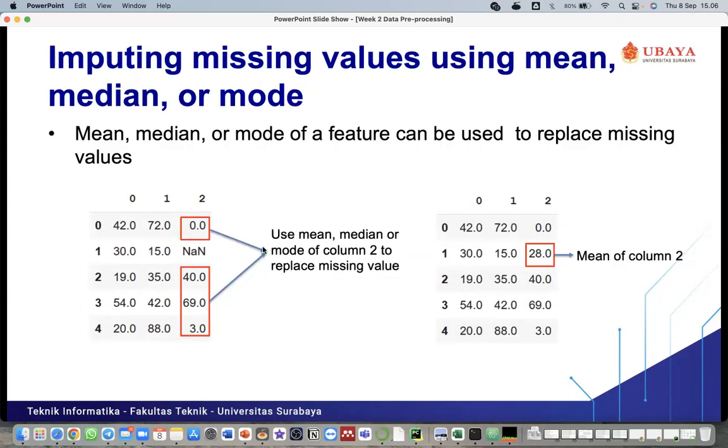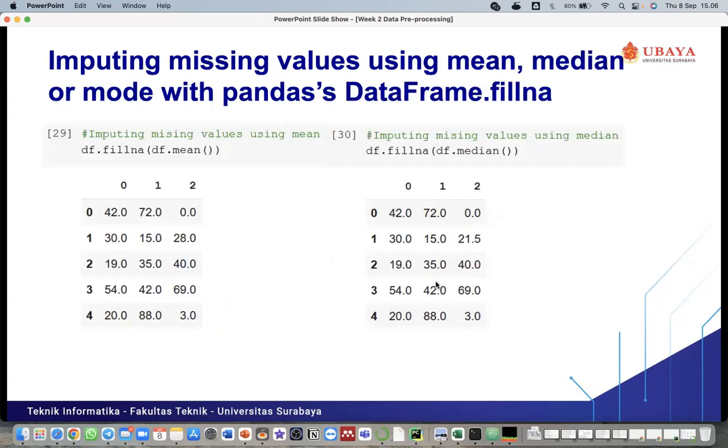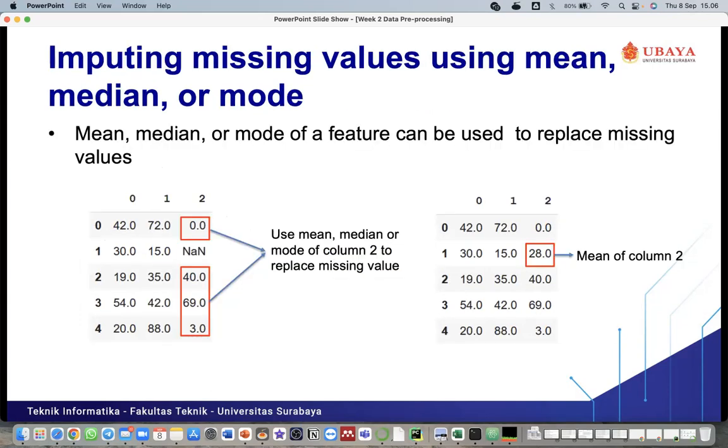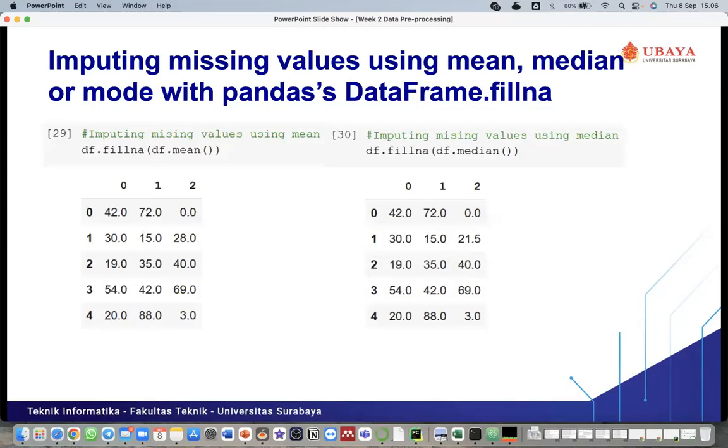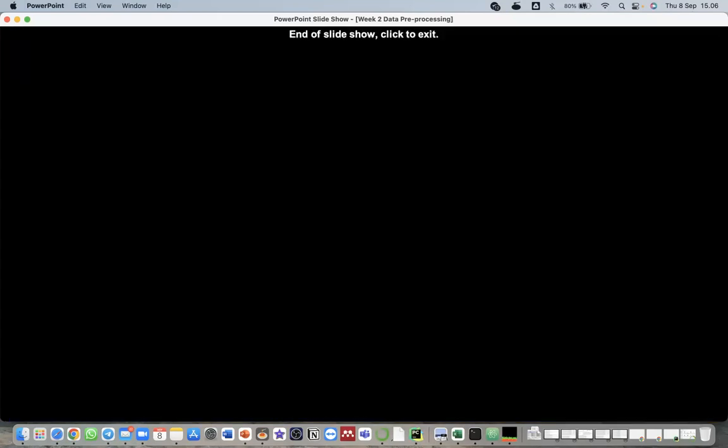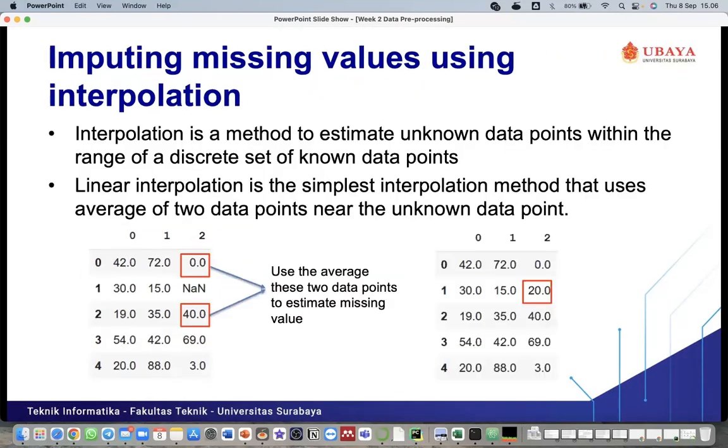So we sort the attribute 2 values first, then we get the median value and put it into our not a number values. I will not implement this in Python because it is very simple, so you can implement it by yourself.